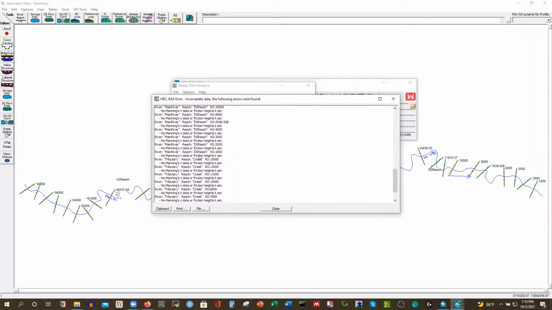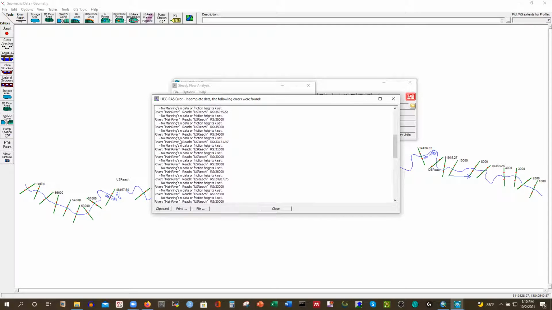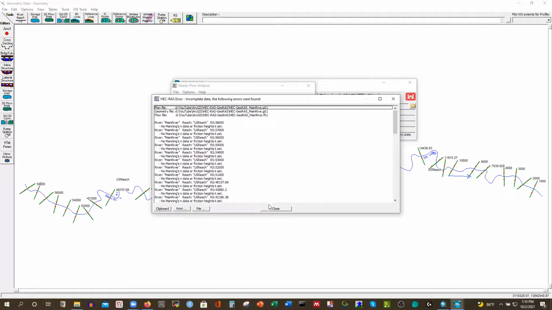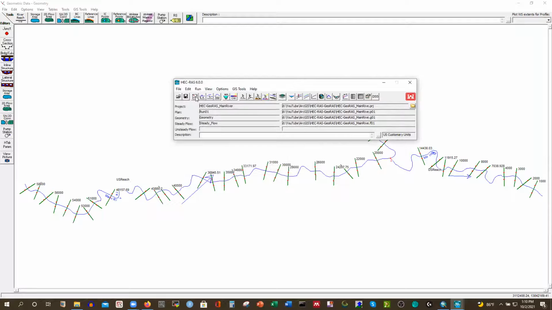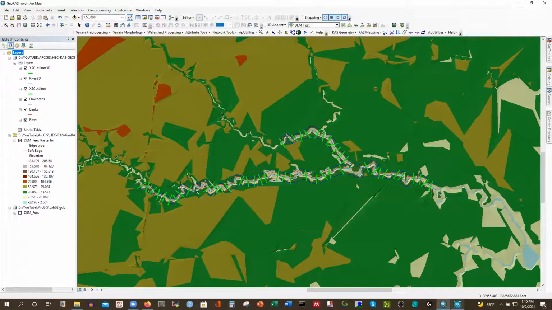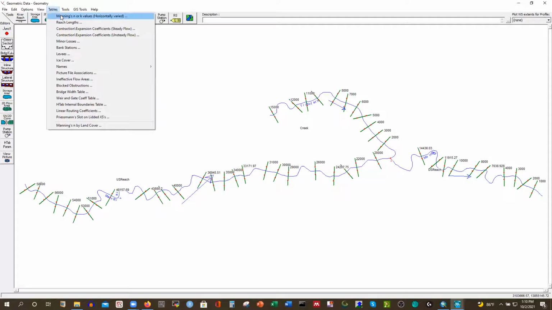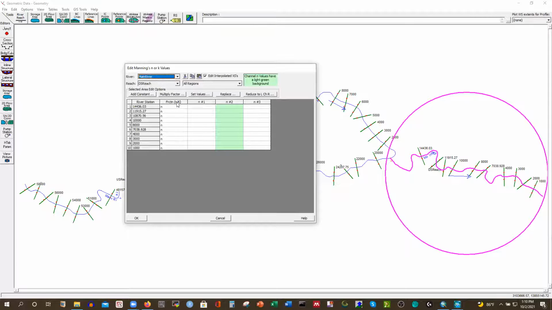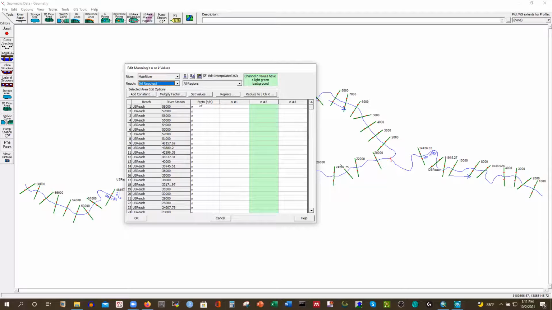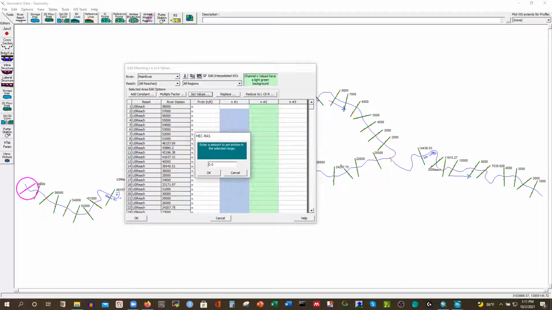You have to solve this error. What is, oh, we don't have the Manning's value, right? See, that is the problem, because we didn't assign the Manning's value. So in my geometry, what we have to do here, we have to assign the Manning's value, and we already have idea how to assign Manning's value, right? So you have to go to tools or tables there and Manning's value and select this. Okay, select the main river, first main river, or you can select all the reach you want and select the values, this one. Okay, and then it's gonna select everything. So set the value, that will be 0.0 for example 35, okay,